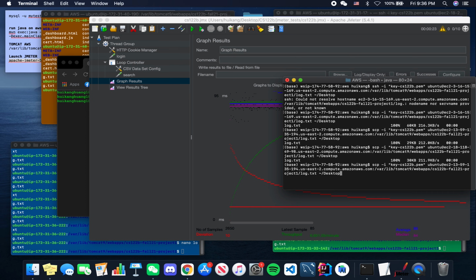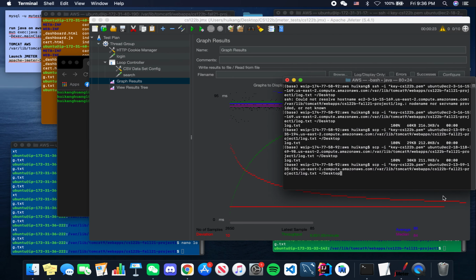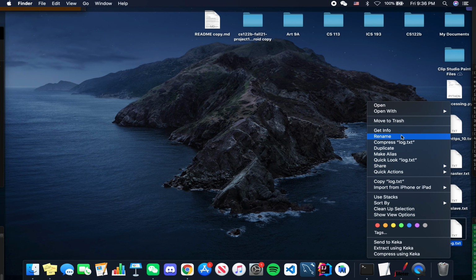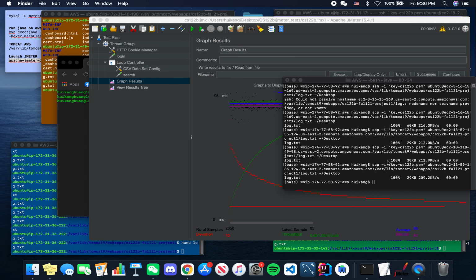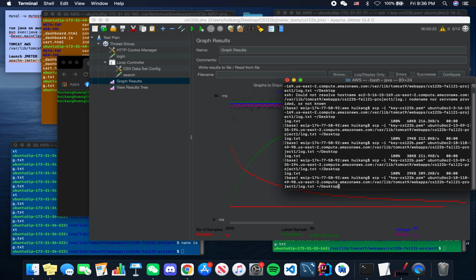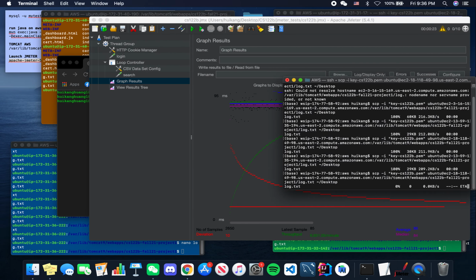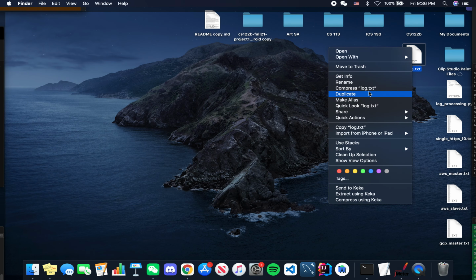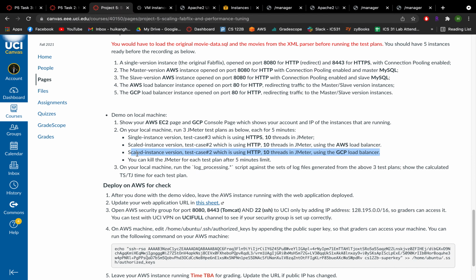So I think this one is the 194. I believe this one is the master. Yes. Okay, let me rename it. GCP master. Okay, and then this is the slave. Yes, okay. So this is the GCP slave, Google Cloud Platform slave. Okay, now we're done with all three of the